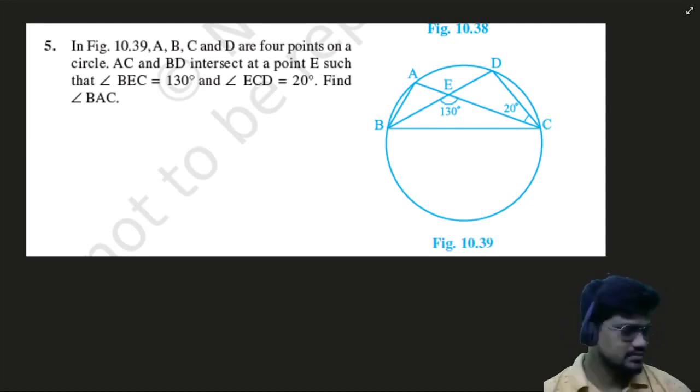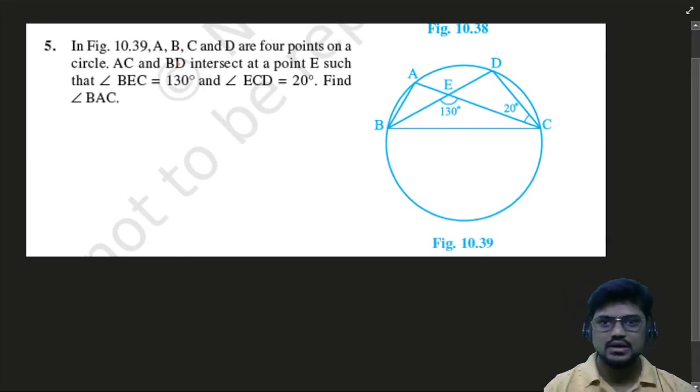What they have given over here is that ABCD are 4 points. Okay, ABCD are 4 points on a circle. AC and BD intersect at point E such that angle BEC is this much, and angle ECD is 20 degrees. You have to find what is angle BAC. You need to find what is this angle. Okay. If you want to find that,